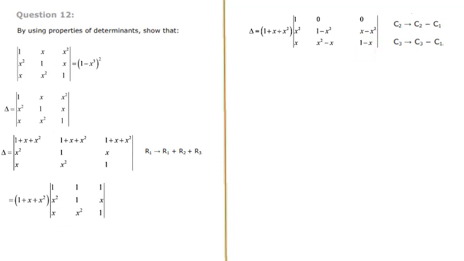Now a little bit of algebraic calculation, that means we have to expand and simplify these terms. Here something common is there, here also common is there. So let us go for that calculation. Outside 1 plus x plus x square is there. Inside the determinant, first row remains the same, 1 0 0, and x square remains the same. Then we have to expand by using the identity a square minus b square. A square minus b square is (a plus b) into (a minus b), that is (1 minus x) into (1 plus x).